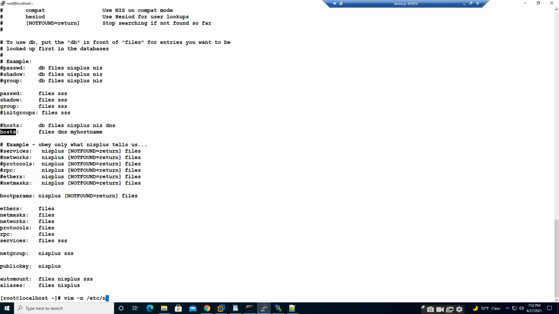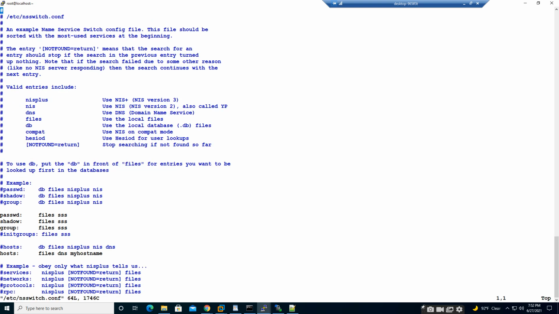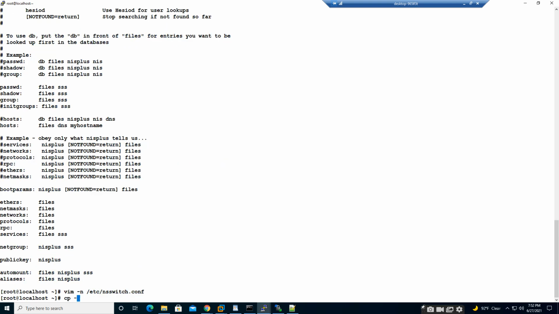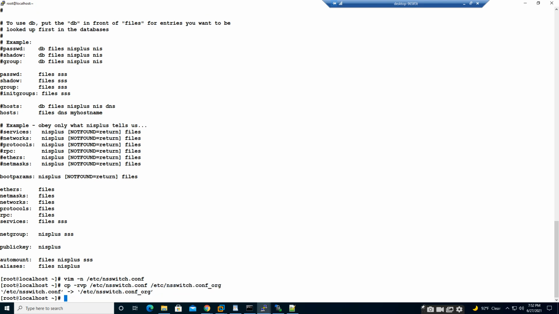So we will do that in etc nsswitch.conf. Before changing this, let me take a backup: cp of etc nsswitch.conf to nsswitch.conf_original. We got the copy of the original file, so now we can modify it.